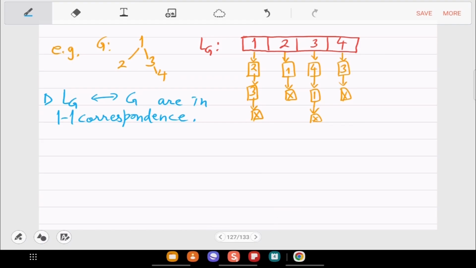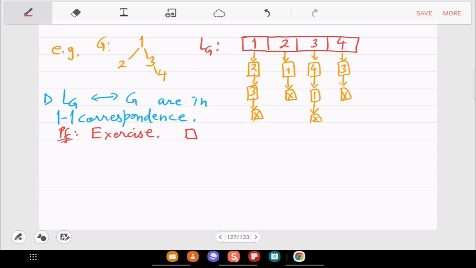So this may not be immediately clear. If it is not clear, you should prove it. So the proof of this will basically be, obviously when you have a graph, you can immediately by definition draw the linked list, the adjacency list. And when you have an adjacency list, then you should, as an exercise, show that you can also draw the unique graph.